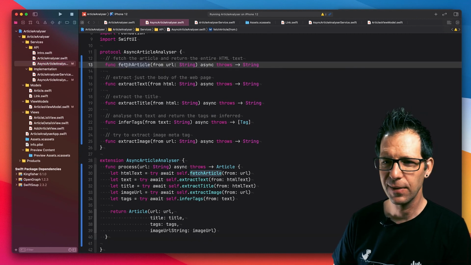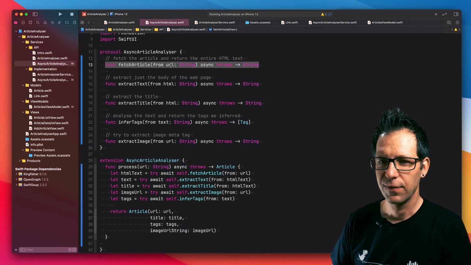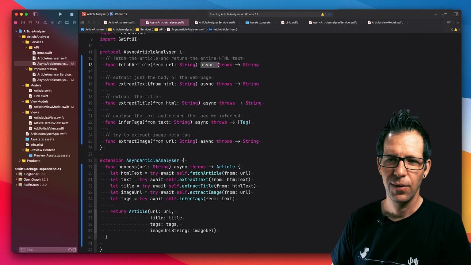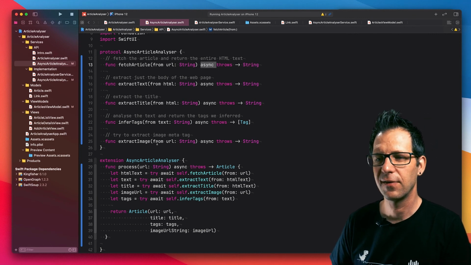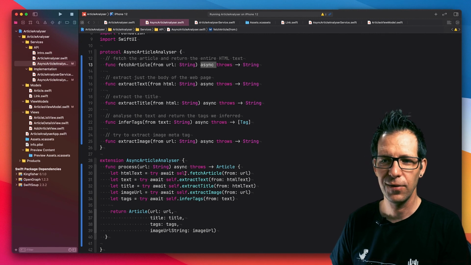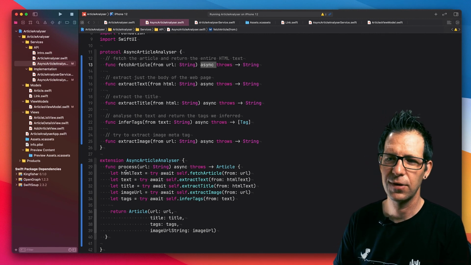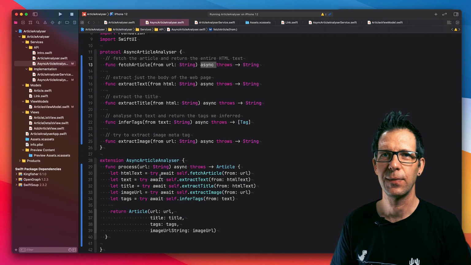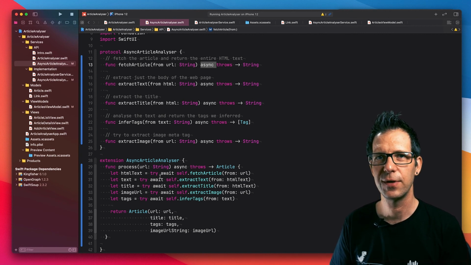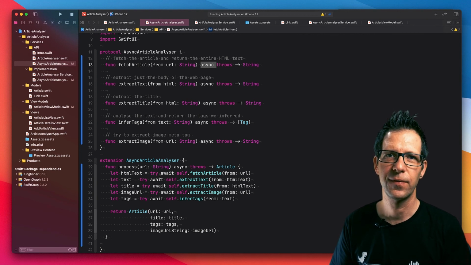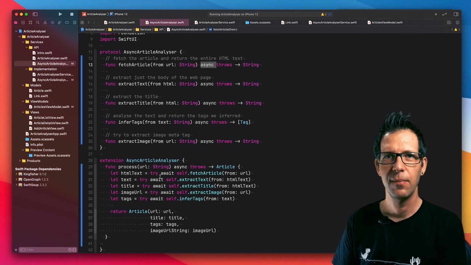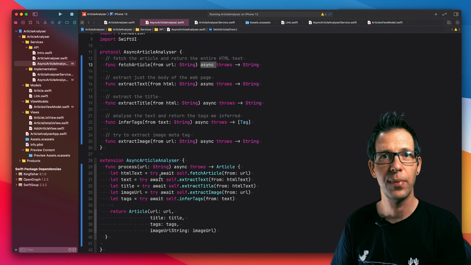So what I really like about this, we've got a much cleaner API surface. It's easier to see what the input parameters are and what's the return type. Also, the method signature now explicitly tells us that this is an asynchronous method, and the call side is a lot cleaner as well. So no more nested callbacks, no more pyramid of doom. So I think async await is a great addition to the Swift language, and it will make writing your asynchronous code so much easier. And it's also a great tool for API developers out there because it enables you to explicitly state that certain methods and functions are asynchronous, and the compiler will warn your API users if they're using